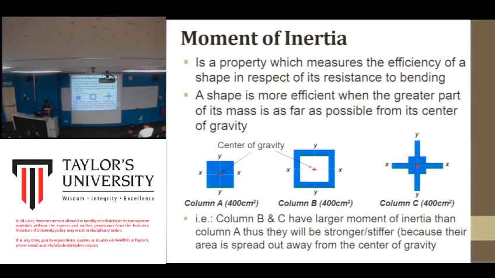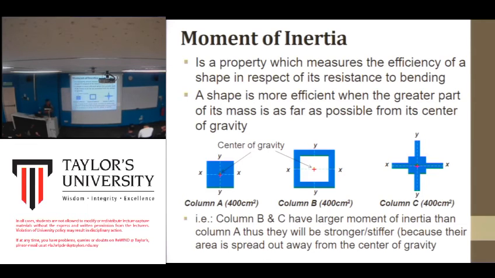Okay, so as you read this, a shape is more efficient when the greater part of its mass is as far as possible from its center of gravity, meaning that if the material is further apart from the center of gravity, that's actually the best. That's better than those columns where you concentrate all the materials right towards the center of gravity like this. So if you compare this and this, or this and this and this, these two would have a better resistance towards bending compared to this one, due to the moment of